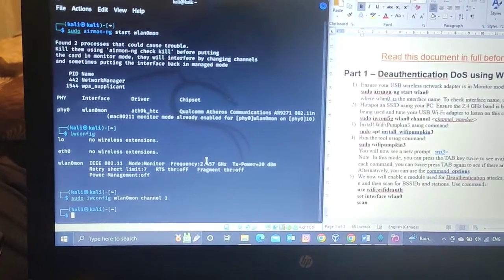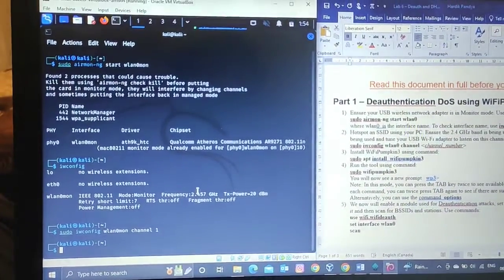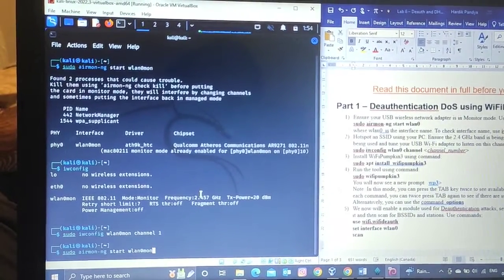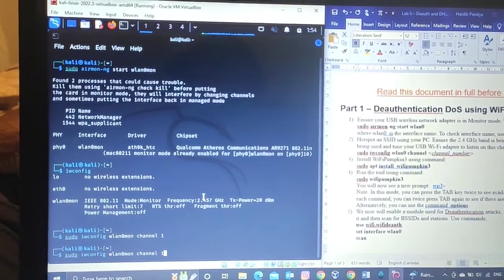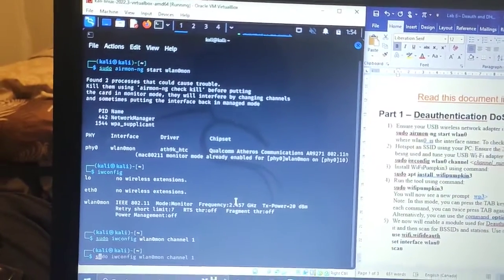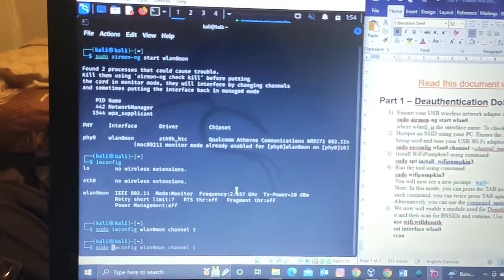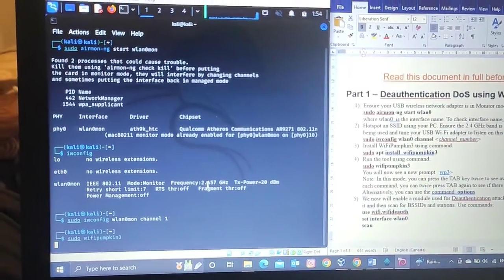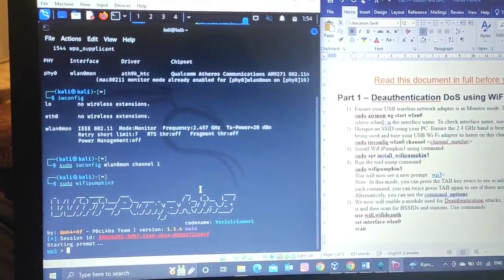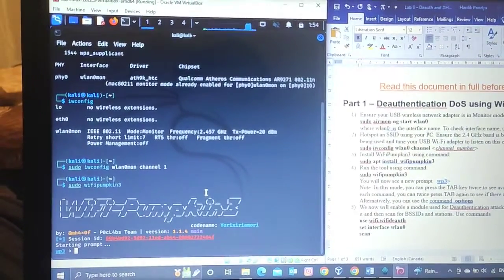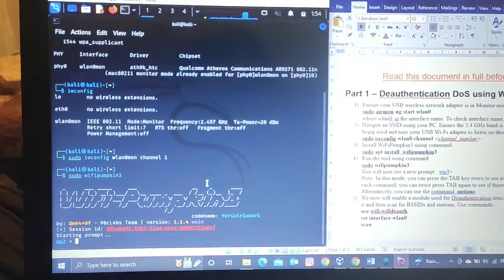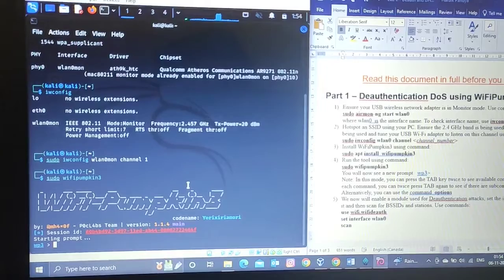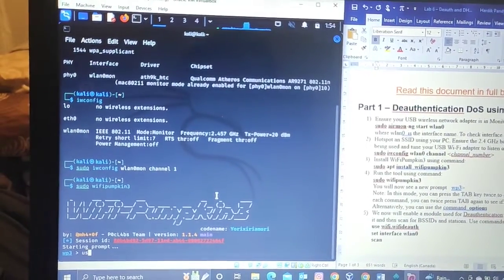Now I have already installed the Wi-Fi Pumpkin 3 application, so we will directly start step number 4, which is sudo wifipumpkin3, and this is how the Wi-Fi Pumpkin 3 interface looks. Here is the prompt with WP3, and now we will be performing the Wi-Fi authentication attack, and the first command we use is